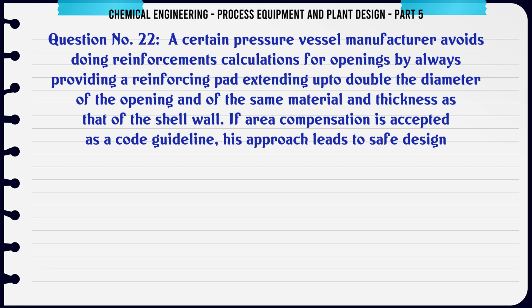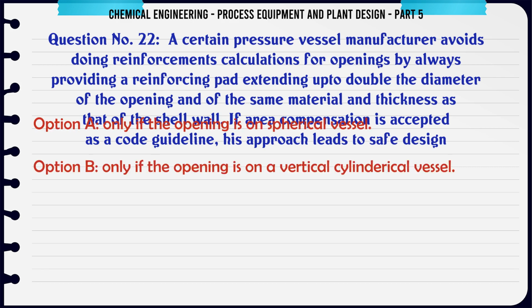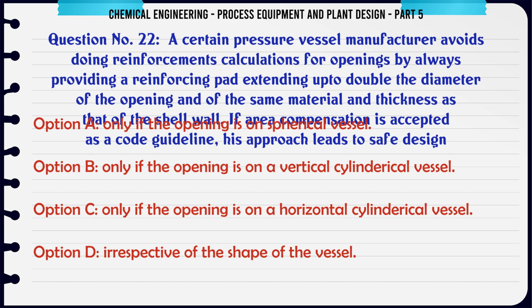A certain pressure vessel manufacturer avoids doing reinforcement calculations for openings by always providing a reinforcing pad extending up to double the diameter of the opening and of the same material and thickness as that of the shell wall. If area compensation is accepted as a code guideline, his approach leads to safe design